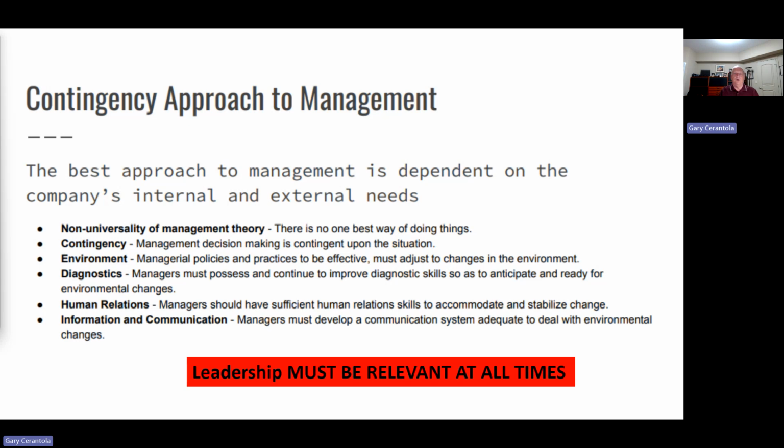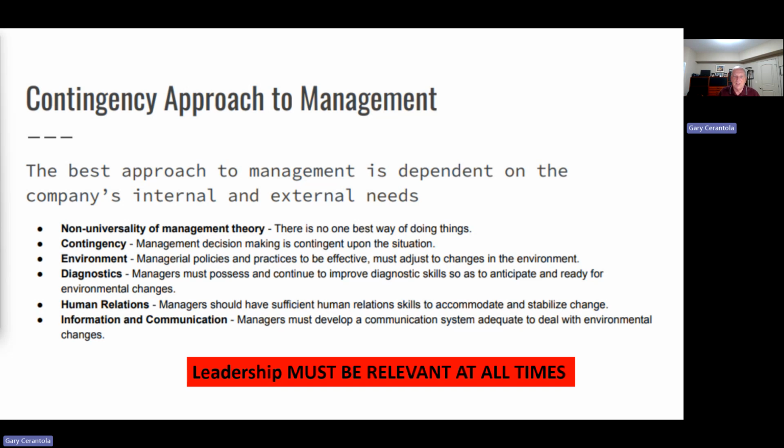So what we're talking about in topic 12 is a contingency approach to management. And basically what that is, is that it's situational. And so what I'm saying is that management decision making is contingent upon the situation. It's basically what's really dictating the situation. And again, when you talk about Hersey and Blanchard, they're going to say, yes, it's the situation, and then it's where your team is in terms of their readiness and their capabilities, right?